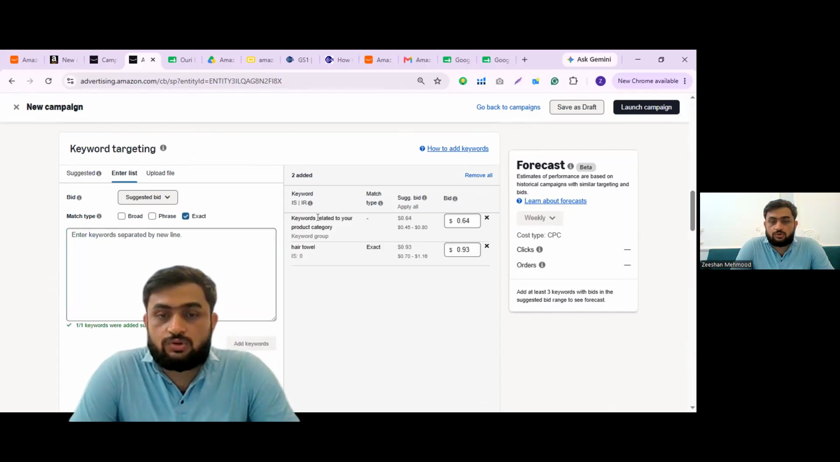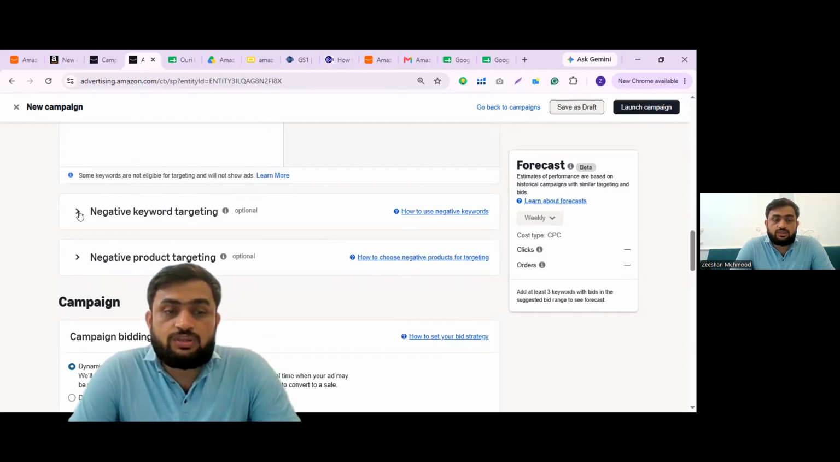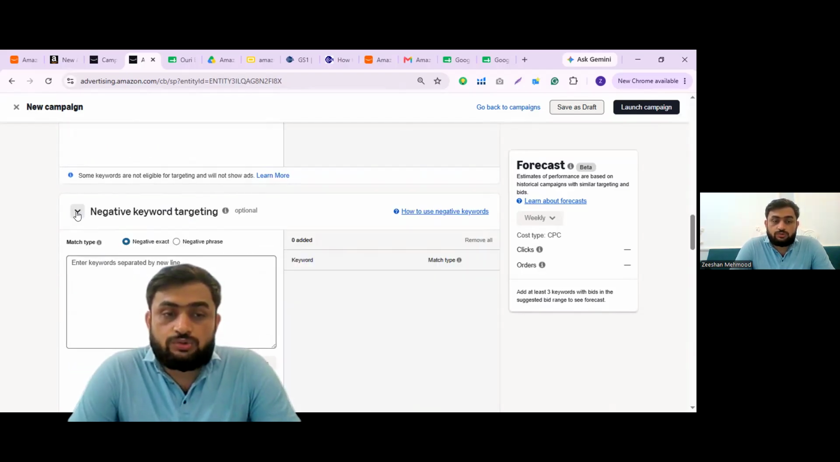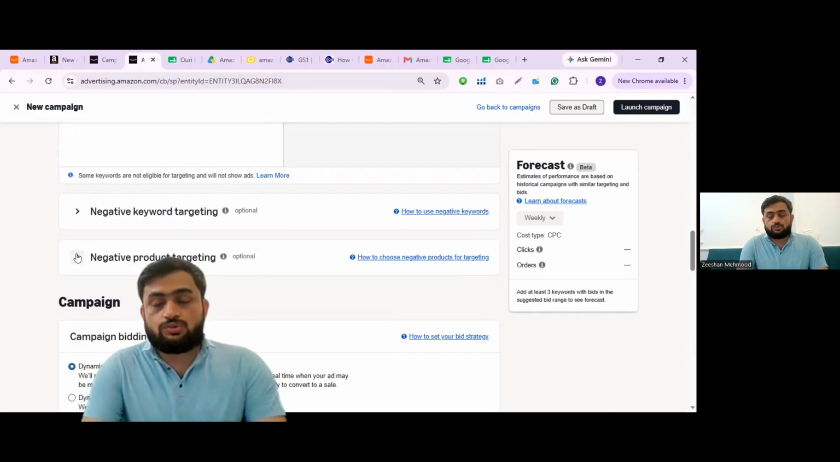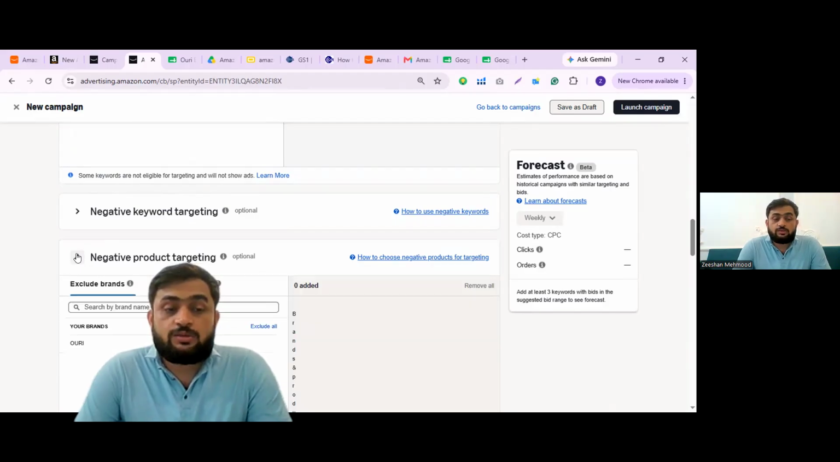It will show the keywords related to your product category, but I am going to remove this. I will be targeting only hair towel. I'm getting the exact campaign for keyword targeting. So if I have any negative keywords, I will add them here. If you have any keywords for which you do not want your products to appear, you can add them. In the same way for products, you can exclude products, and you can exclude brands as well on which you do not want